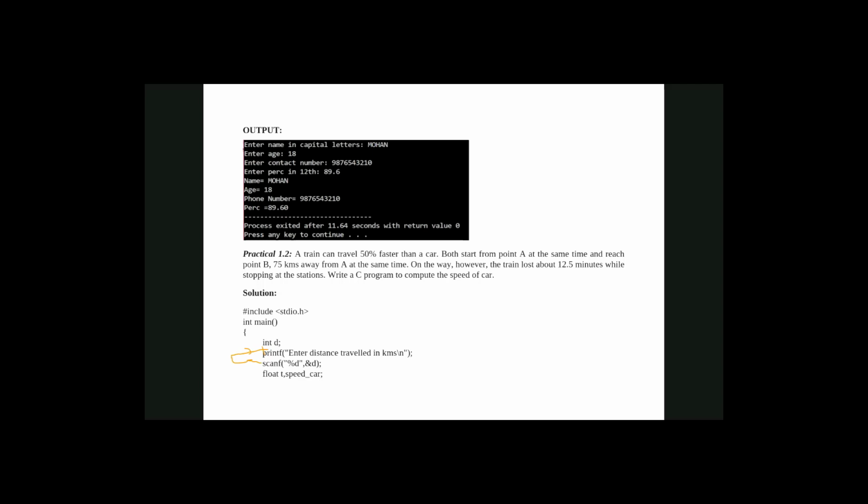Okay, and where we are creating the memories, here we are creating the memories. So this is the first memory which we are creating, and these two memories we are creating. First is the t memory, second is the speed of the car. So what is the type of t and speed of the car? What is the type of t and speed of car?